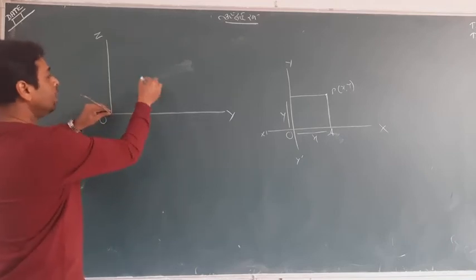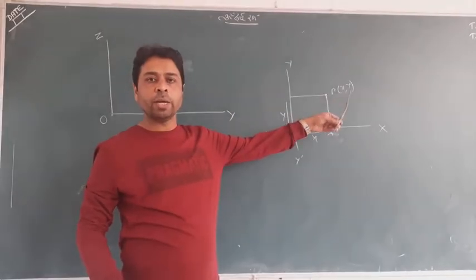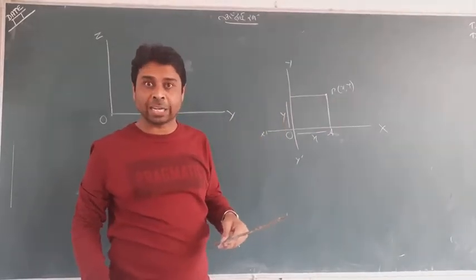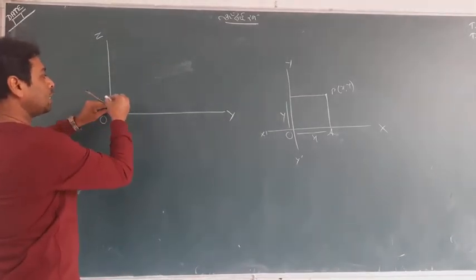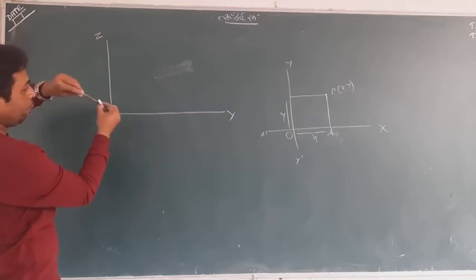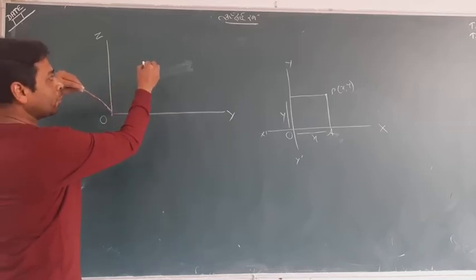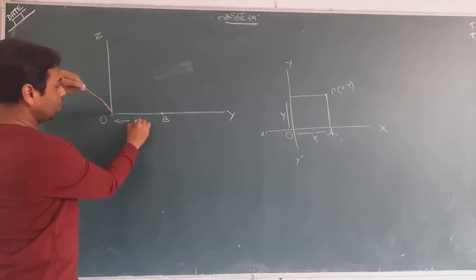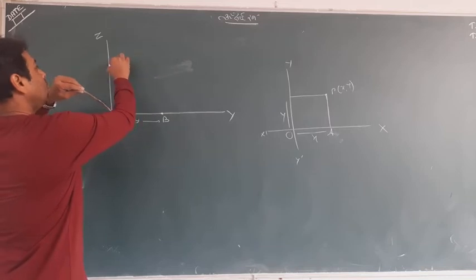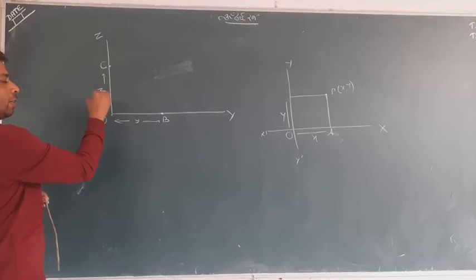Again, I speak one thing. Suppose the P coordinates are x, y, z. In two-dimensional geometry, it is x, y. In three-dimensional geometry, I will take P(x, y, z). Now, if I draw from P the perpendicular on the x-axis, this distance will be formed. Suppose it meets here, so this distance will be small x. I again draw the perpendicular from this point to the y-axis. It meets, suppose B, this distance is going to be y. Again I draw the perpendicular on the z-axis. Suppose it meets at C, this distance is going to be your z.